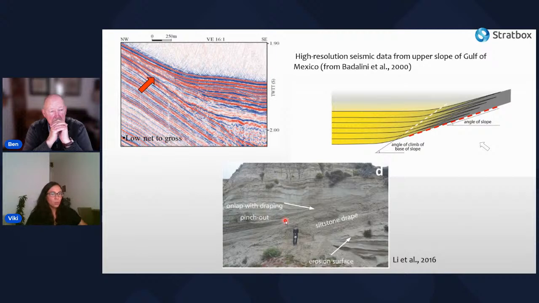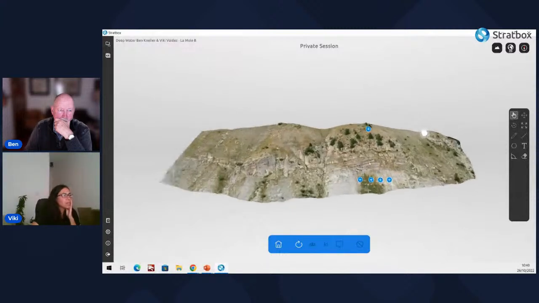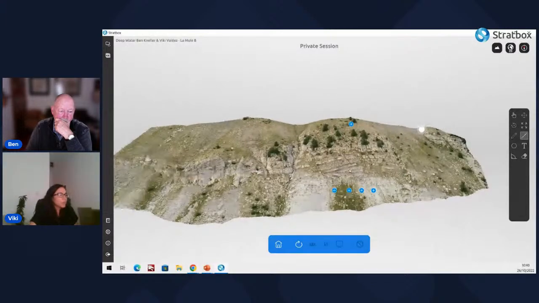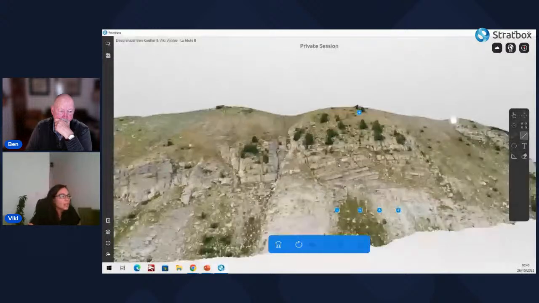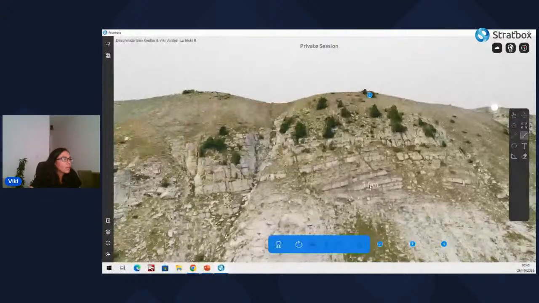So now let me go to Stratbox to show you some of these simple onlaps. So in here, what we have in this model, which is located in southern France, this is the Grand Coyer area. This model, just for the record, is about 300 meters. And if we zoom in, we can see that this unit that we're going to take a close look at is about 40 meters. So if we zoom in,